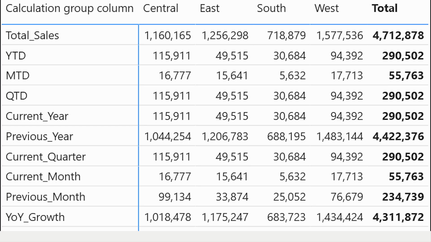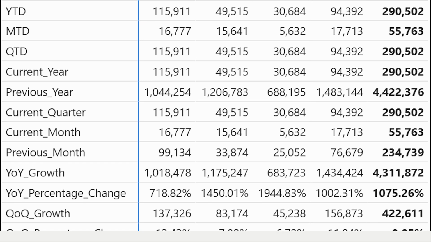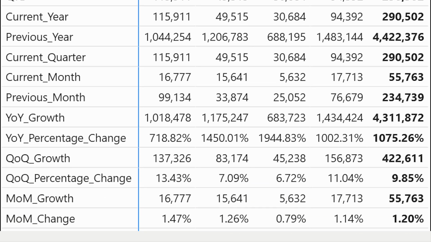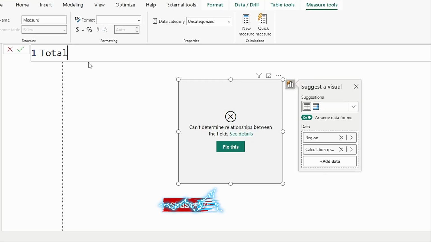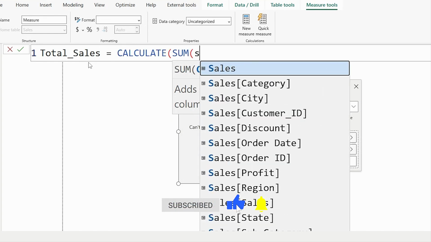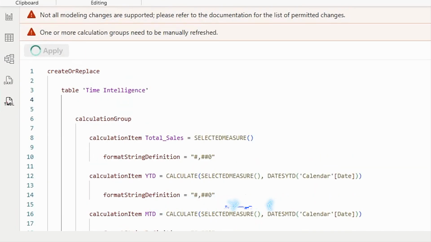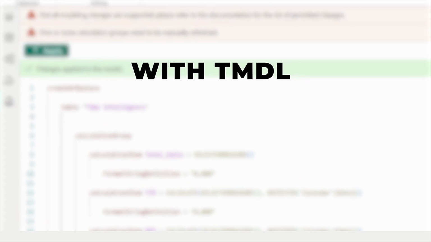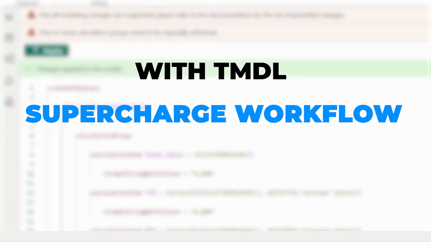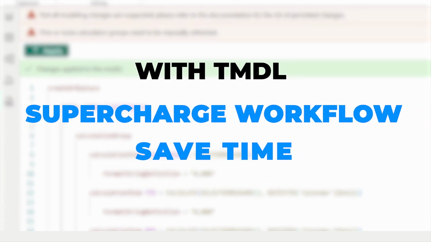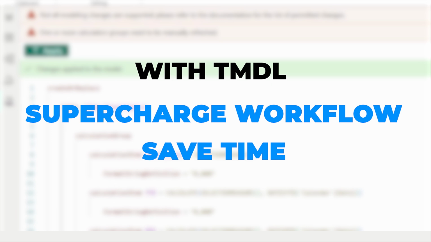Do you want to add 18 powerful time intelligence calculations to your Power BI model in just a few clicks? Instead of manually creating each measure one by one, what if I told you there is a way to generate them all instantly? With TMDL, you can supercharge your workflow, save tons of time, and build a dynamic time-based analysis